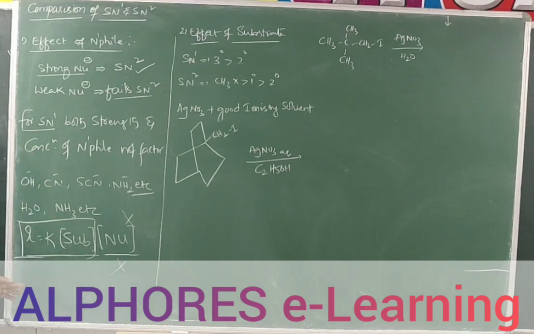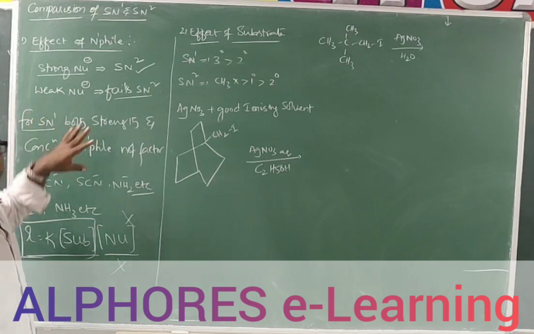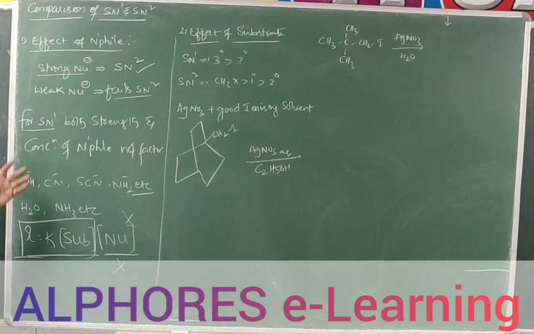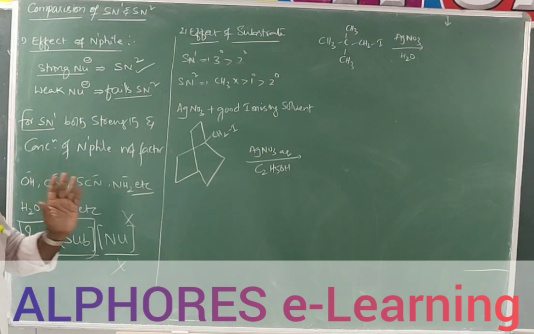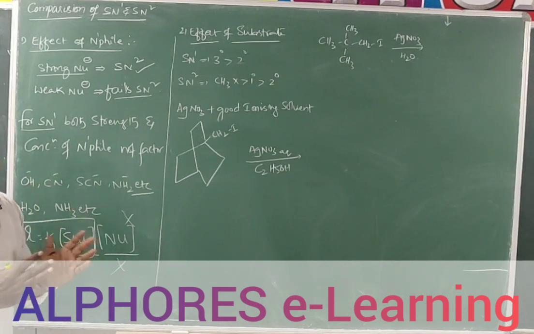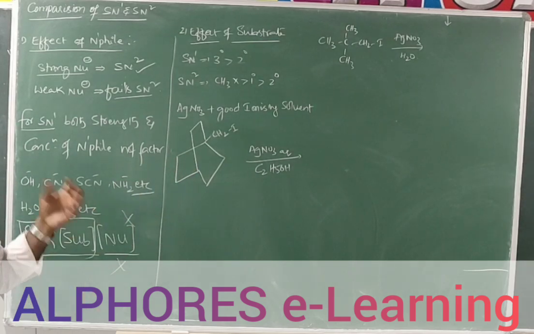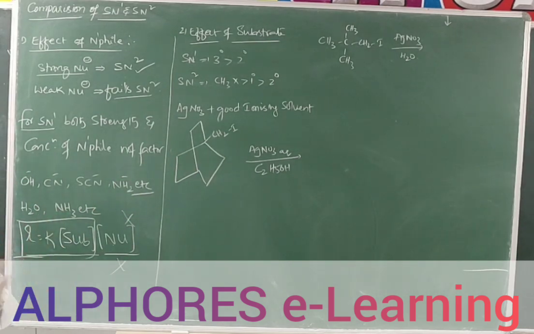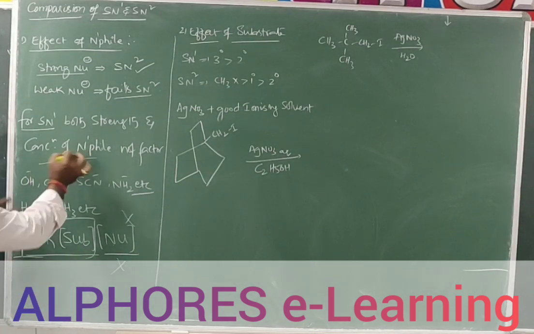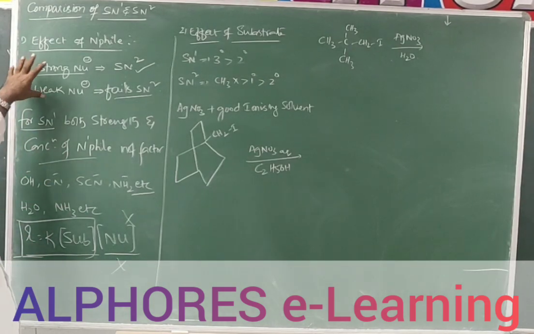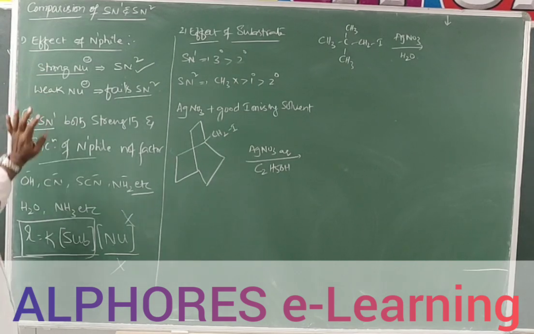So simply, if we use a strong nucleophile, it promotes more SN2. If you use a weak nucleophile, it fails for SN2. Whereas for SN1, the nucleophile must be a good nucleophile. Earlier we discussed that there is a lot of difference between a strong nucleophile and a good nucleophile. For SN1 we need a good nucleophile but not a strong nucleophile. Concentration of nucleophile is also not a factor for SN1. So with respect to nucleophile, we can decide which reaction proceeds.